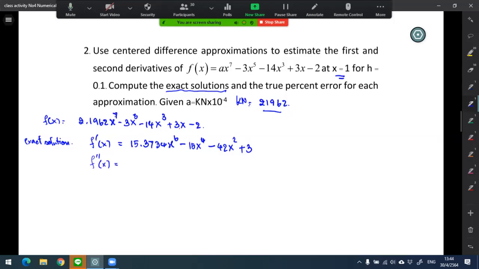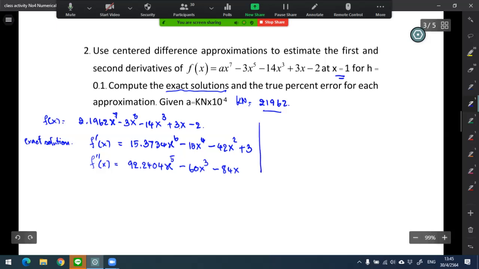It's equal to 92.2404 x to the 5th, yes, minus 60x cubed minus 82, 84, sorry, yes, x. Yeah, that's it. Okay. So for this, if we substitute at x equal to 1, so f prime x